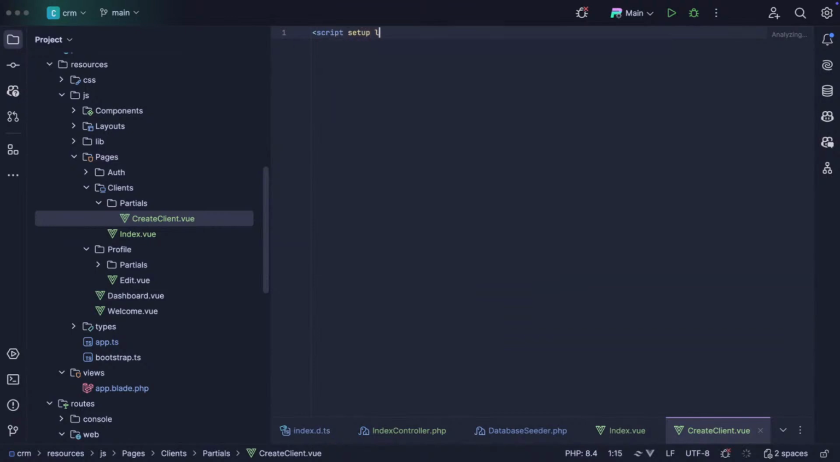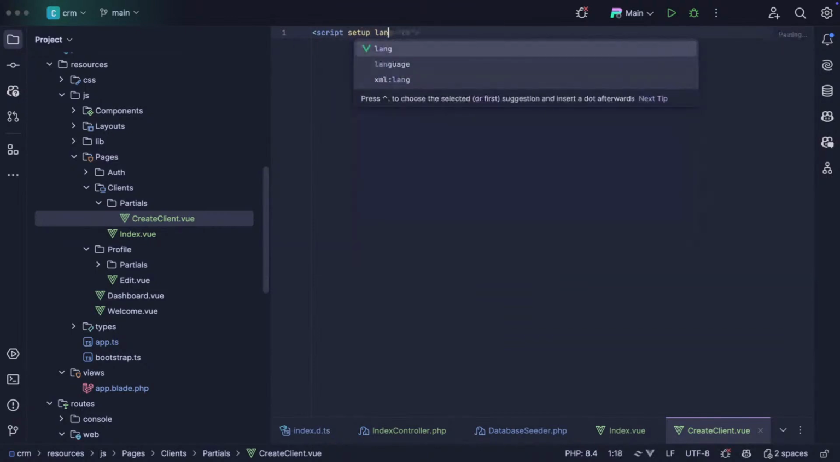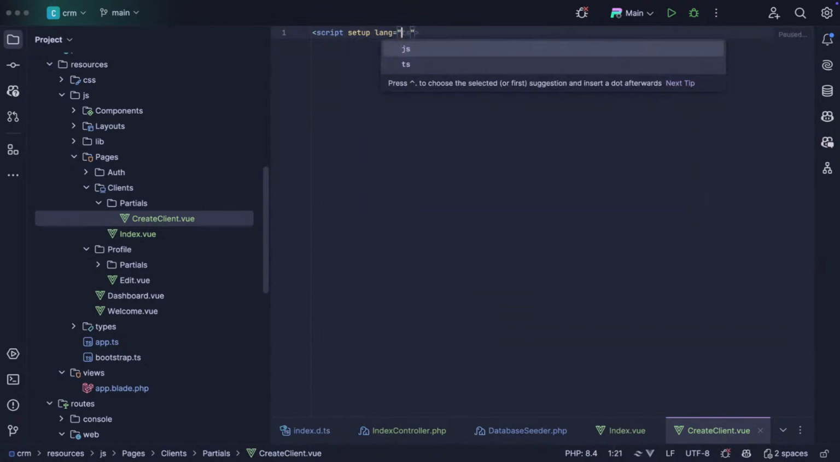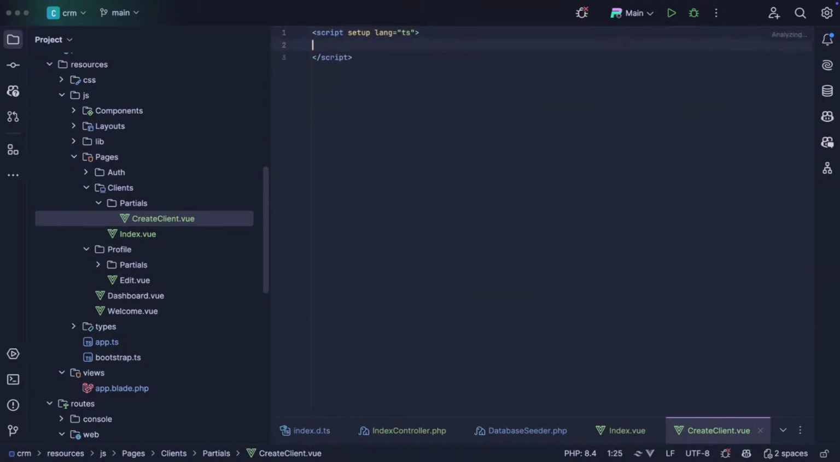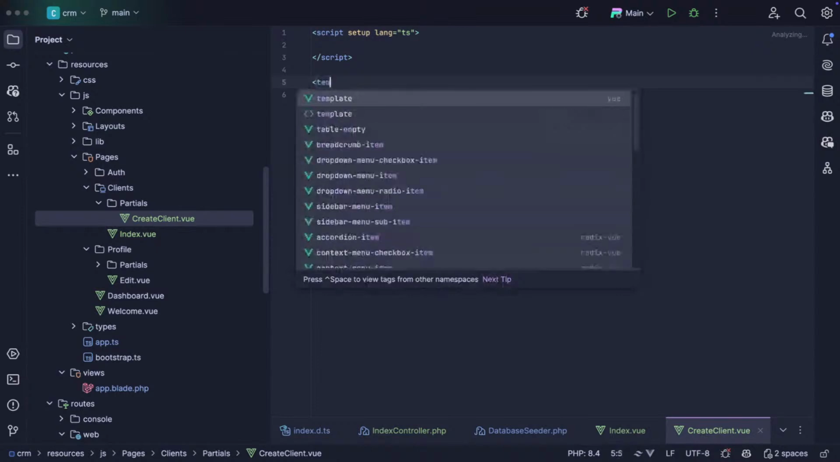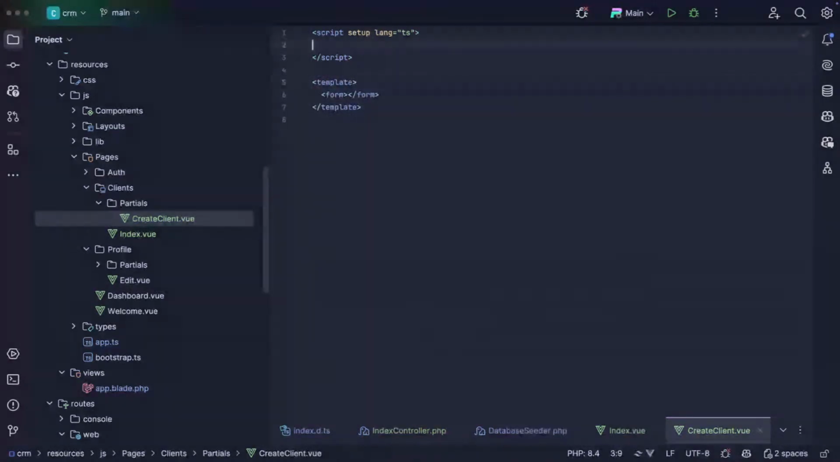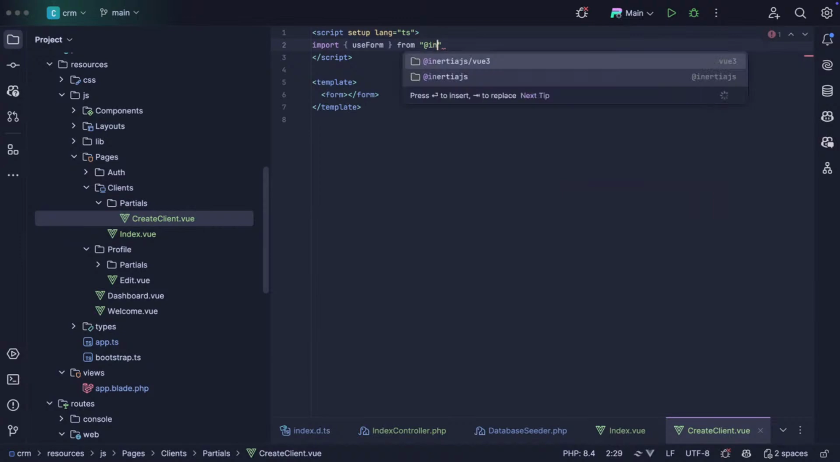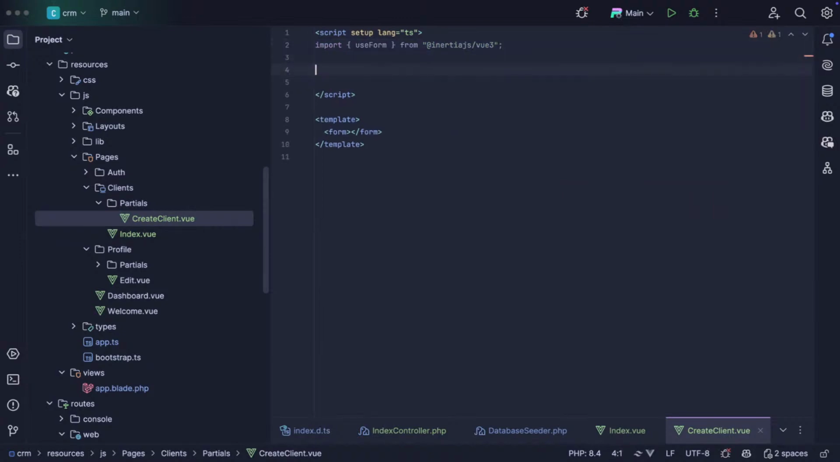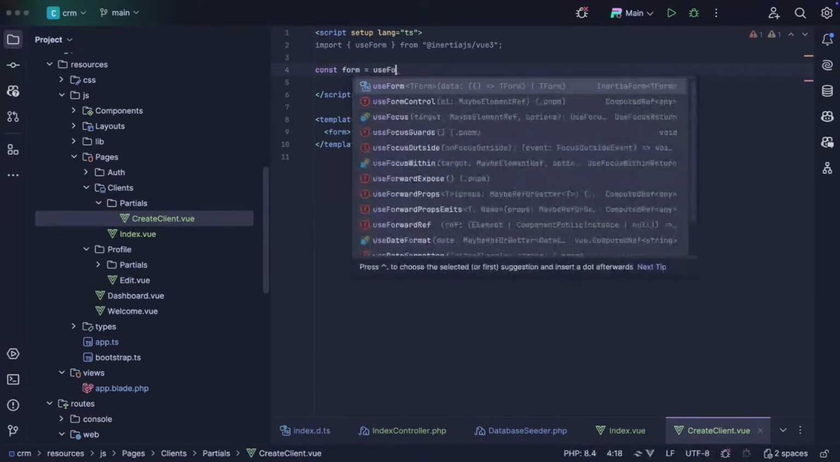Script setup lang TS template. So basically this is going to be our form. So we can say import useForm from inertia view, and then we can say const form equals useForm,